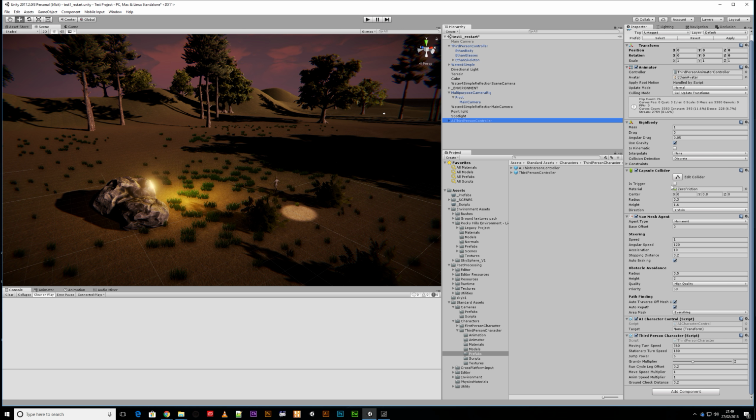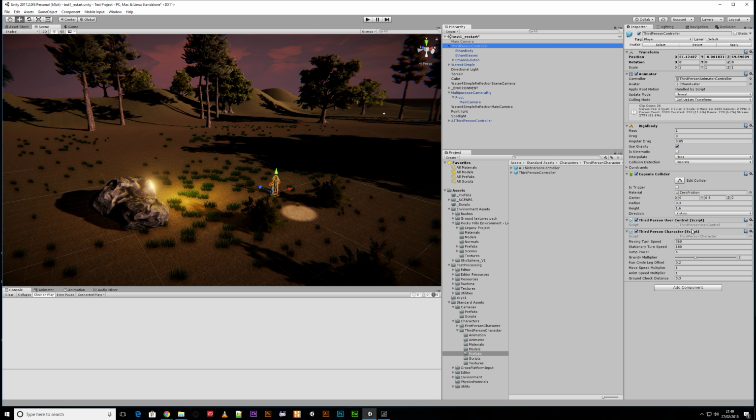He's got an animator, rigid body, collider, but the extras and what's missing: it's missing the controller input, which for the third-person controller comes from us. It's a user control that takes input from the keyboard or